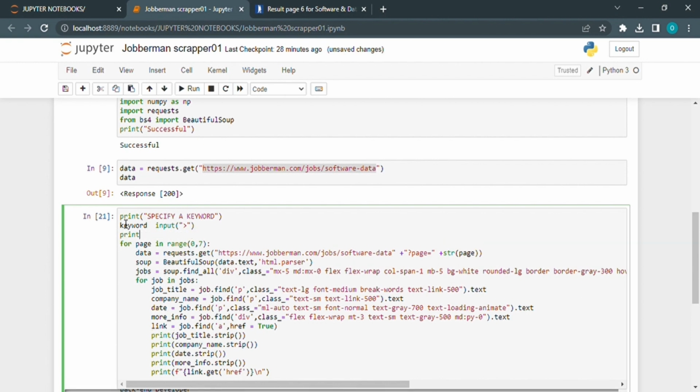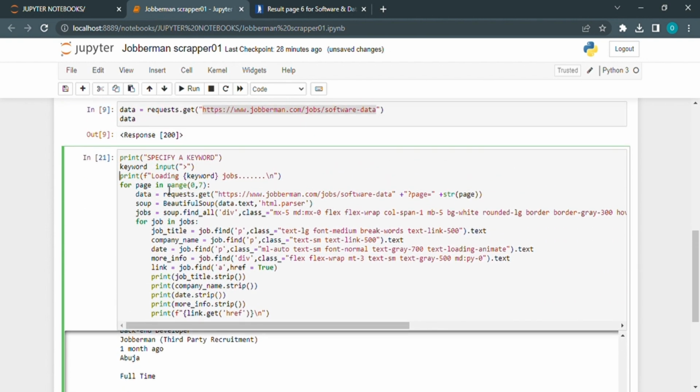Then we say print, just to make it look professional, you know, "Loading keyword jobs", with a \n to create a space. So that is that. If we run this now, it will work well, but then we've not included what will make